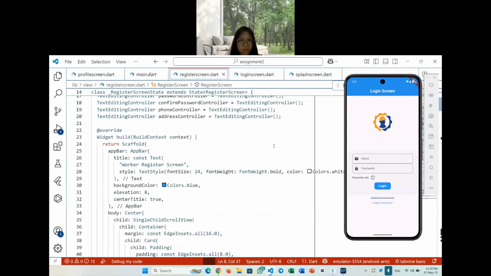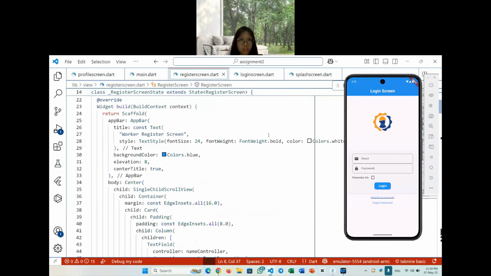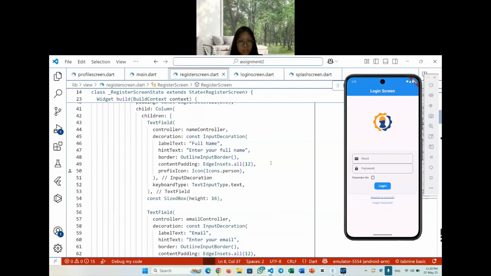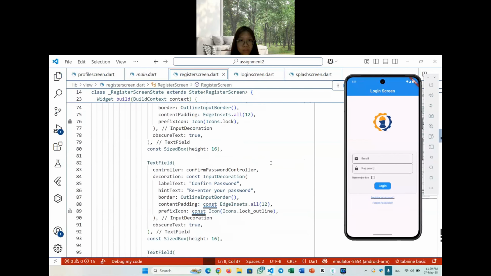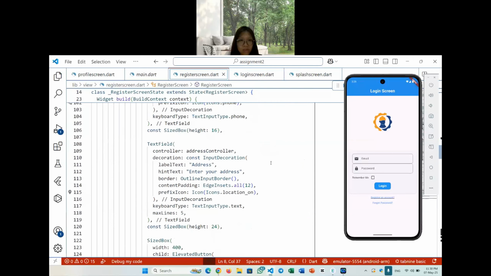It also has an app bar with the title worker register screen, and the user needs to input their name, email,